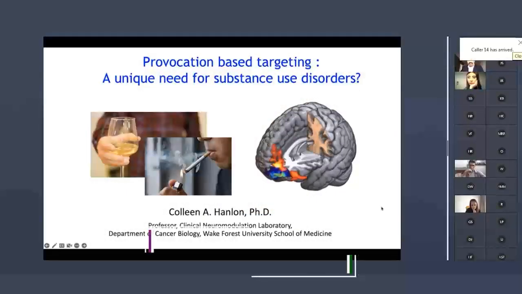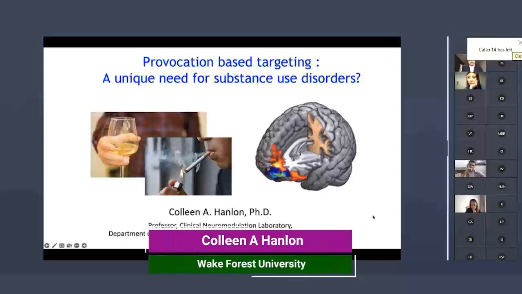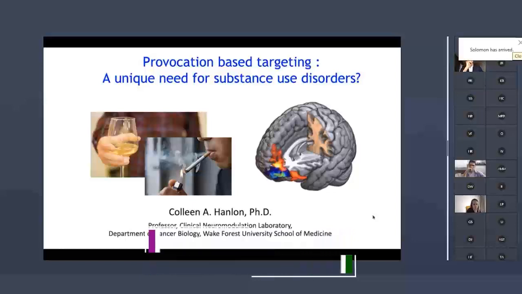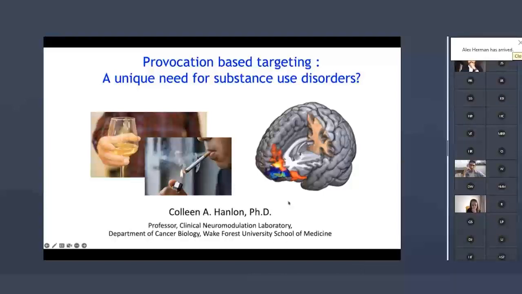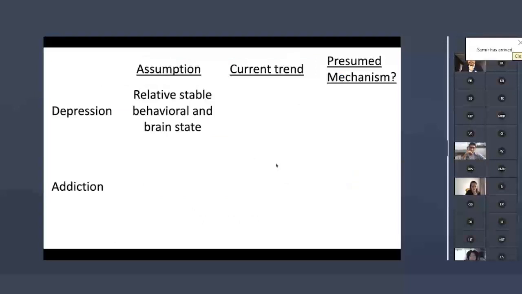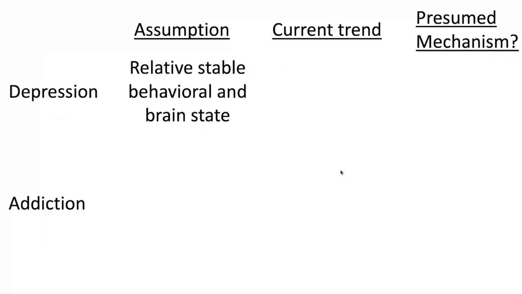So I just have 5 minutes. And what I wanted to close out here, because this is really a great forum for discussion and thought-provoking things, is what's the role of provocation, particularly for substance use? What TMS is most used for right now is depression, right? And with depression, generally the assumption is that depression is a fairly stable behavioral and brain state. Whether you do the MADRS or the Hamilton or the PHQ-9 at 8 in the morning or 5 in the afternoon, the score is assumed to be fairly stable.